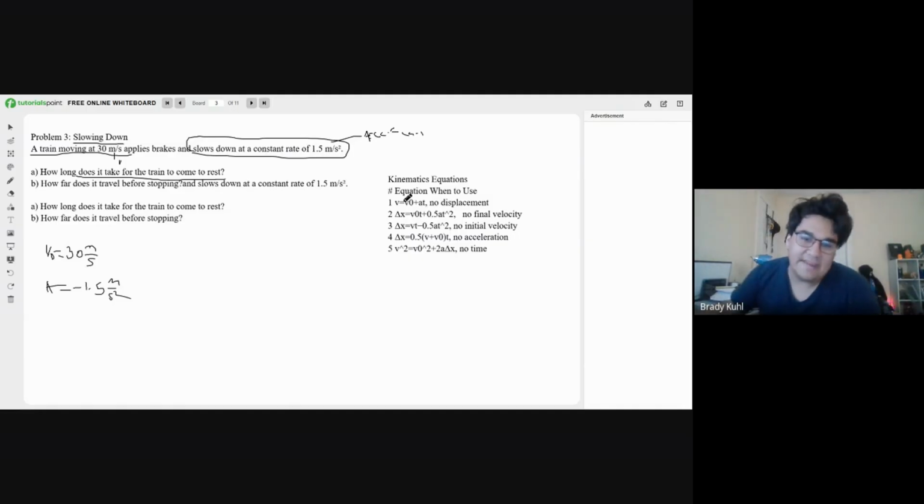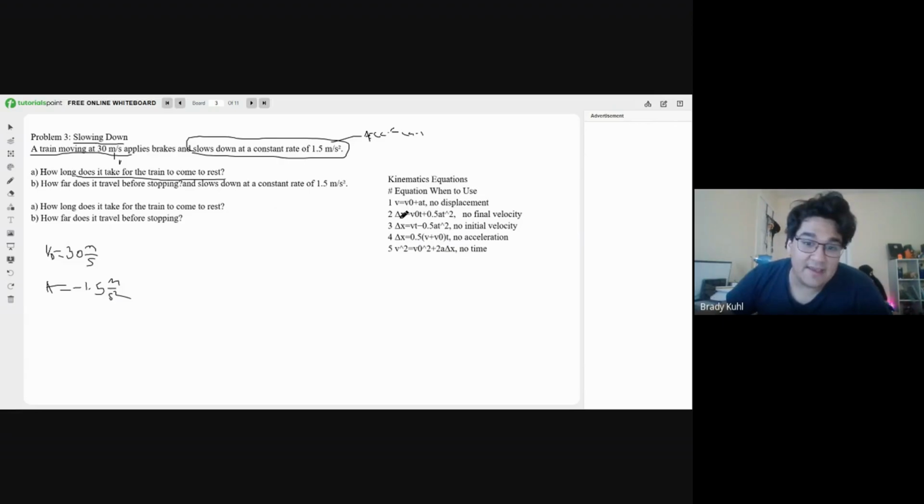I don't want to mark any of it out because we're going to be using all of them, but not in that order. So now, we don't have a time, so we could use that, but we don't know to find the velocity or the distance, so we can't do that. We don't have the distance. We have acceleration, so it's not 4 or 5. We have the initial velocity, so we can't use that. We could use this or we could use this, but